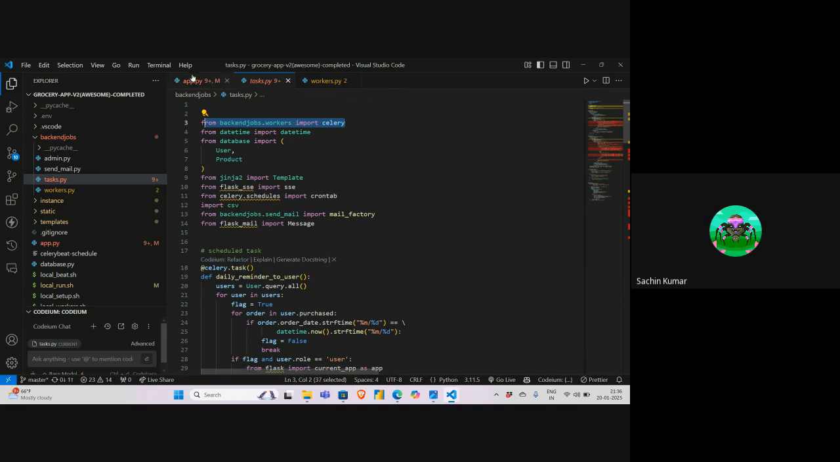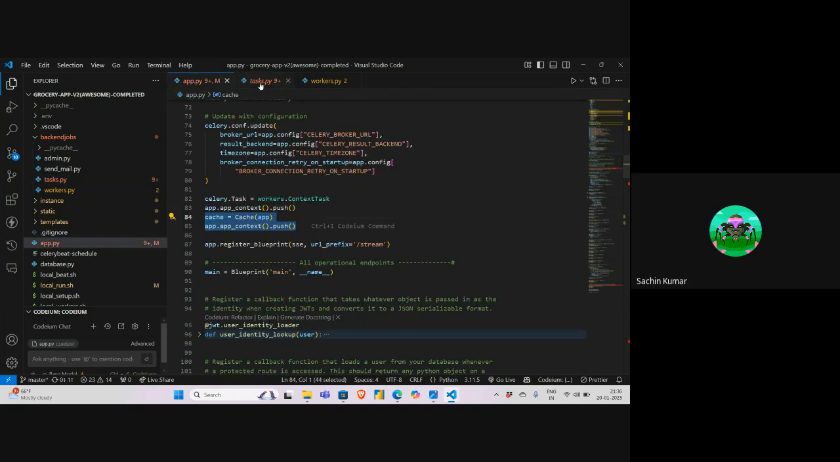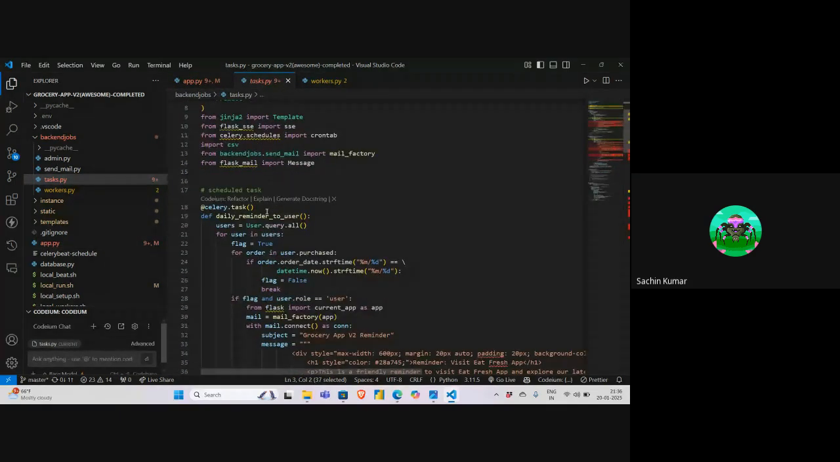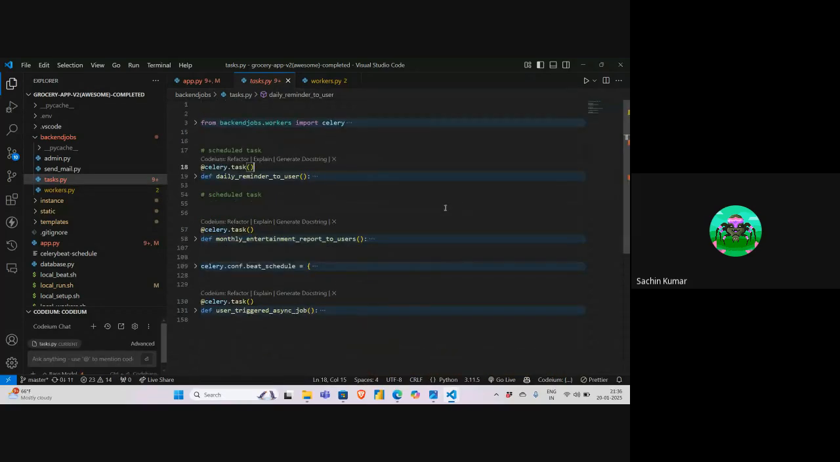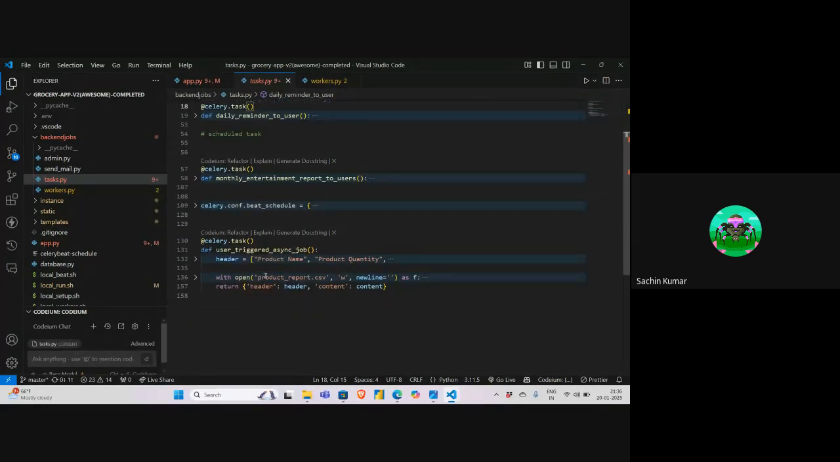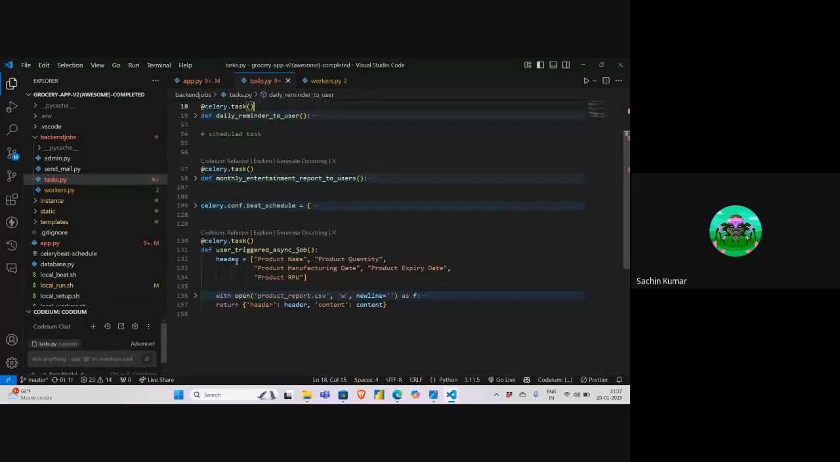Celery got the configuration from the Flask app. Now I created some tasks, and these tasks are daily reminder, monthly report, and user asynchronous. This is like when the admin triggers some task. Since the task is very complex and time consuming, it will run in the background. That's why it's asynchronous, and that's why we are assigning this task to Celery, the backend jobs, the